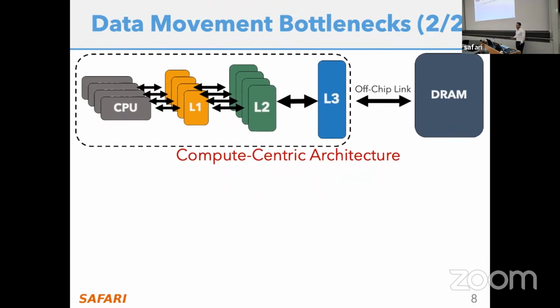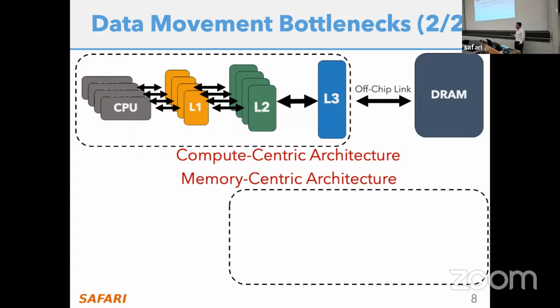So we have been trying to mitigate these data movement bottlenecks in systems with many different solutions. We are still trying. Every single generation of your iPhone, you have a new and fancier hardware prefetcher that tries to predict before you access the data, and bring the data earlier to the CPU cores. We have deeper and deeper cache hierarchies with larger and larger caches over time. So the trend of designing compute-centric architectures that try to patch this data movement bottleneck problem is still there. It's not going to go away.